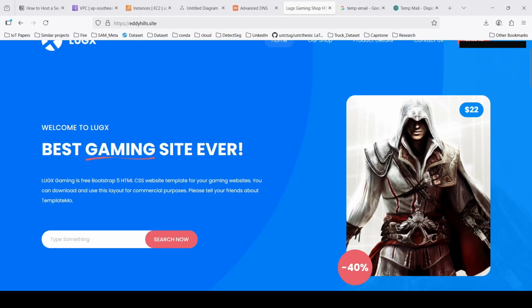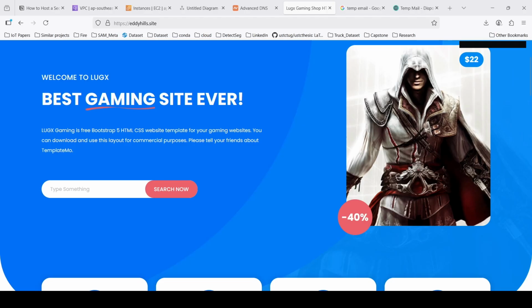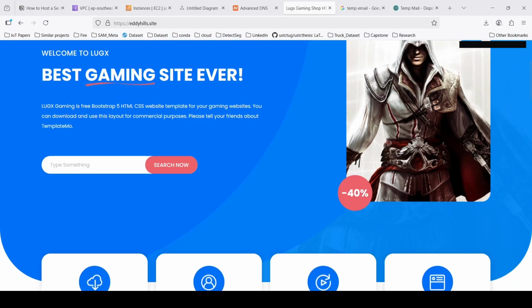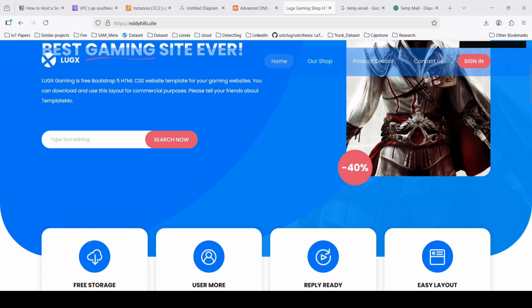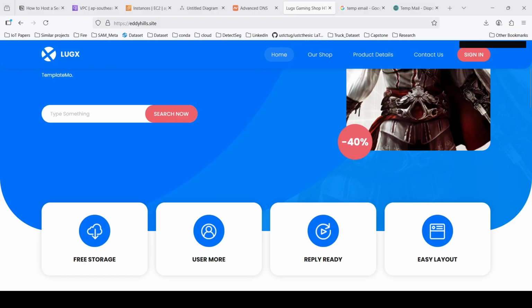Okay guys, so that's it. What we've done today is to host a simple static website on AWS EC2. We also protect it using a HAProxy. The technique we use is the reverse proxy. And finally, we secured it using SSL certificates, okay, using Let's Encrypt. Now that you not only have a working website, but you also understand the role of proxies, SSL, TLS, and even how to scale with load balancing,